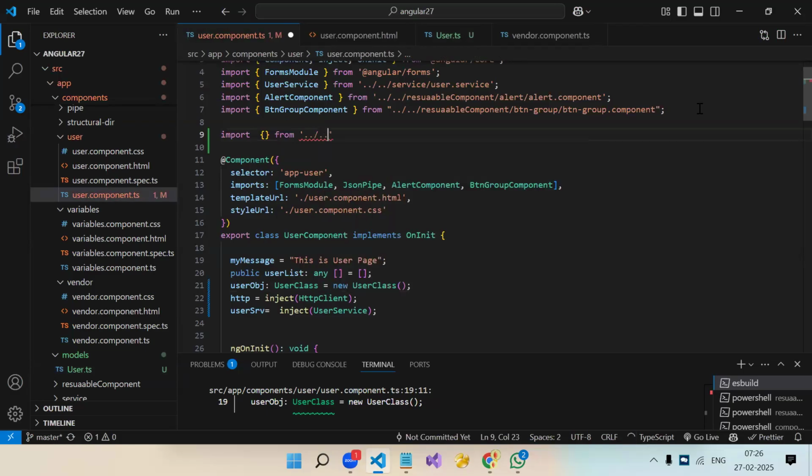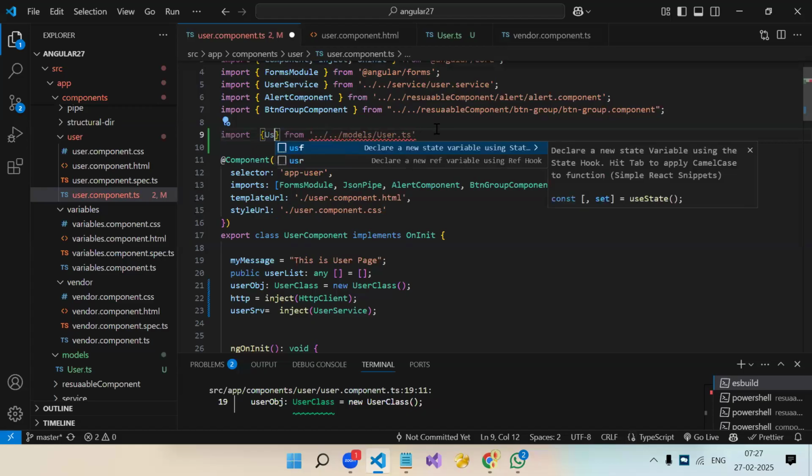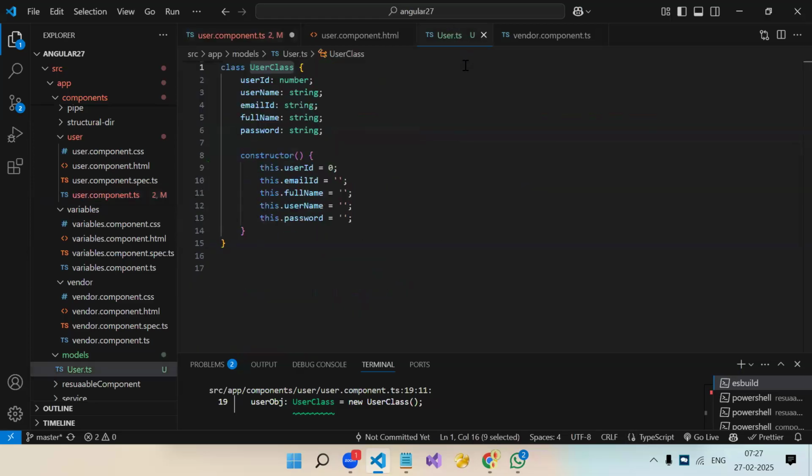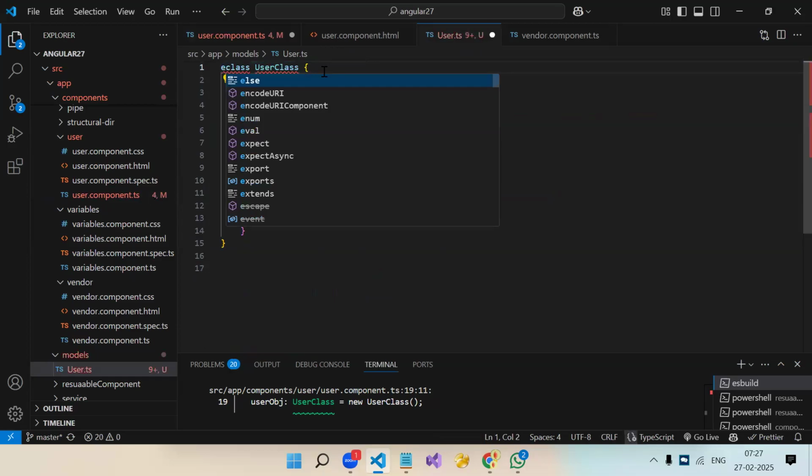Maybe, sir, we have to make changes in the Angular JSON. Might be something is there. The new stuff came and we don't know. It's not allowing us to import it also. Why? Basically, we have to write export over here.